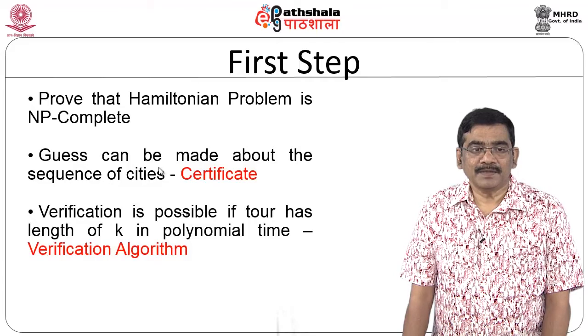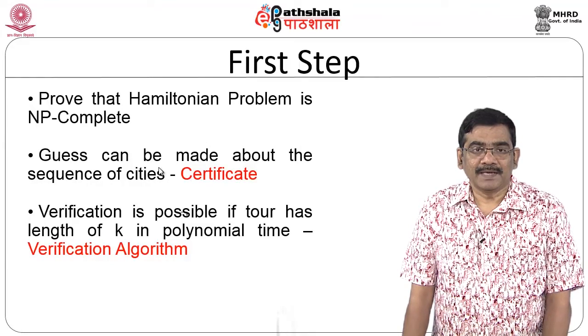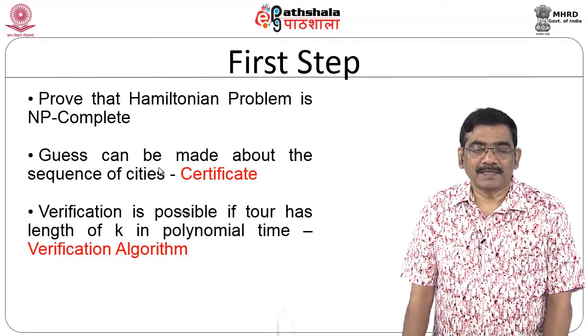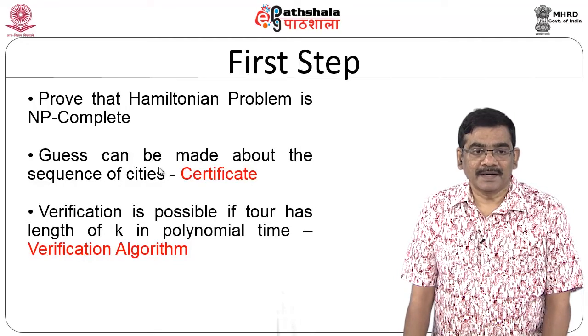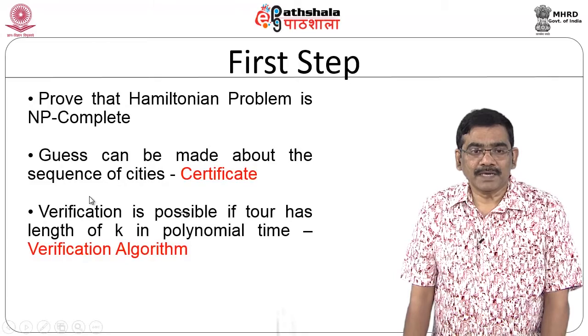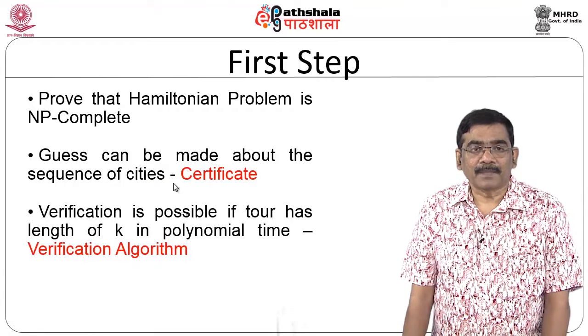So, the first step is we have to reduce the Hamiltonian cycle problem to the traveling salesperson problem in polynomial time. If we are able to reduce that in polynomial time, we can say that the first part of the proof is done. To do that we require a certificate. Do we have a certificate for finding whether a Hamiltonian cycle exists or not? Yes,